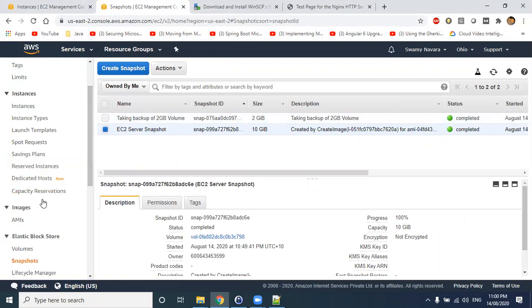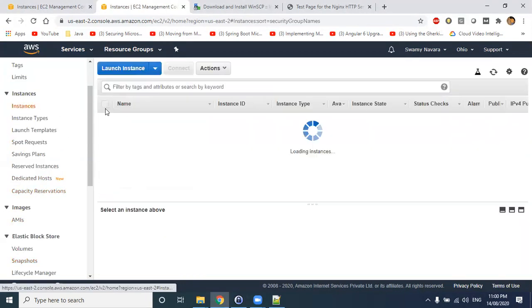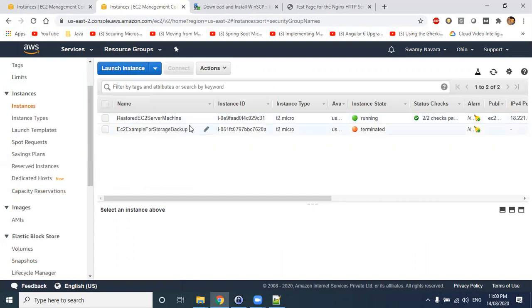From this snapshot, AMI will be created. From AMI, you can launch instances instantly. Perfect. So when we spin up a machine, we have the drive on the instance as well, right? Yeah, the SSD drive. So that becomes part of the AMI instance, which is the image instance.